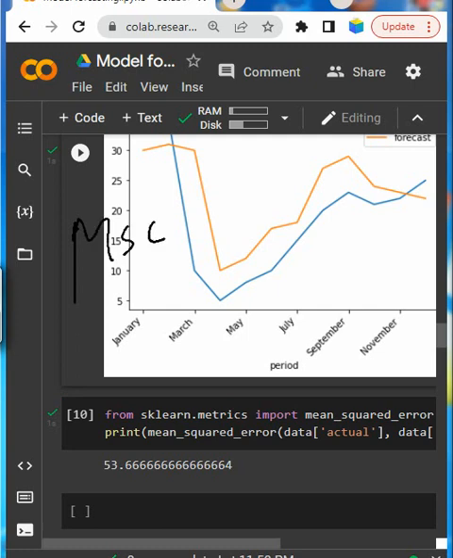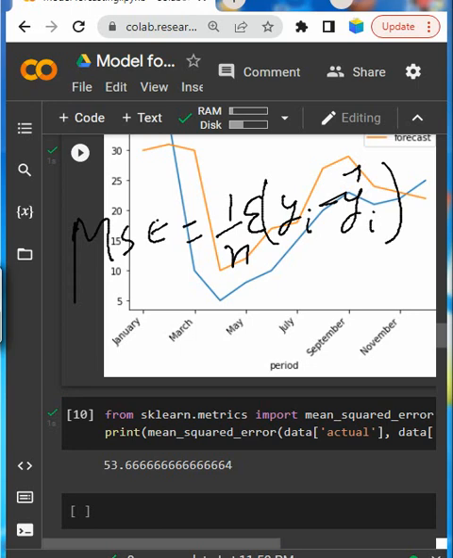MSE will equal 1 by n, then the summation of, open bracket, yi minus yi cap, and the whole squared. This is the mean square error.